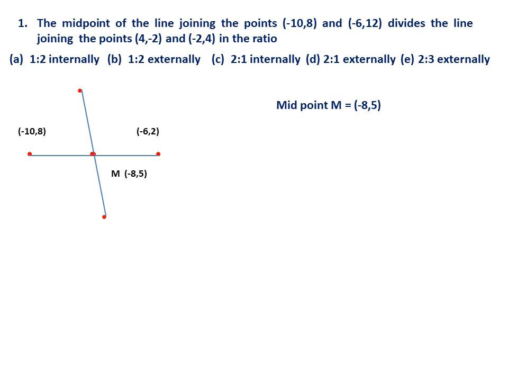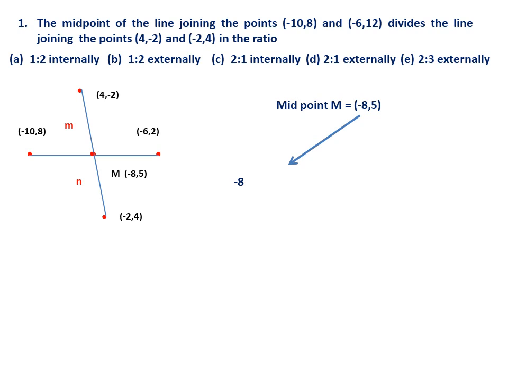Next, what is given is, there are 2 points. One is (4, -2), another one is (-2, 4). That is, the line joining (-10, 8) and (-6, 2) divides this given line segment. Now what you have to assume is, suppose the ratio is m is to n. So that means the midpoint divides the given 2 points (4, -2) and (-2, 4) in the ratio m is to n. Then we know this formula, -8 must be equal